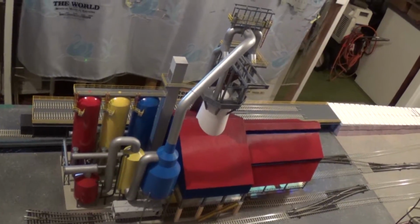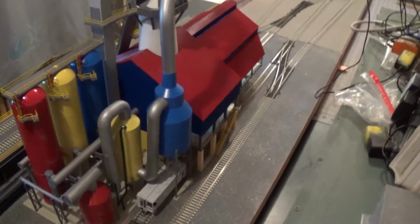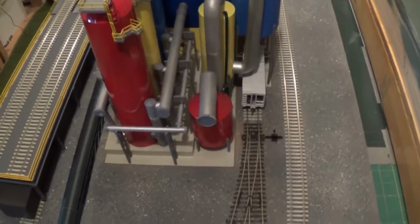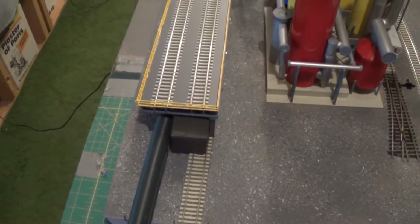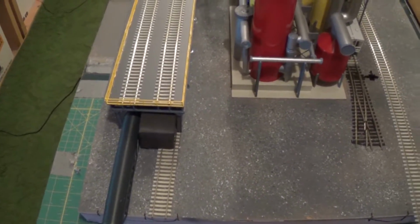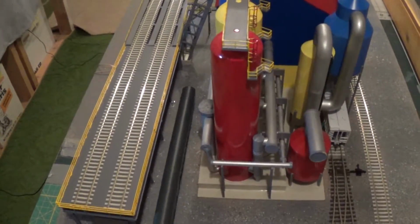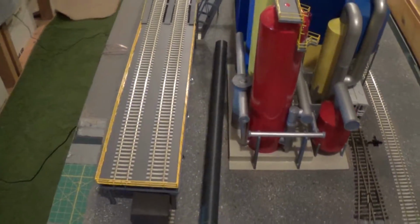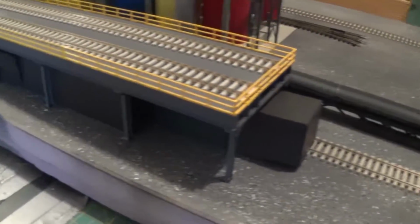Well, this is my version of Walthers blast furnace. Here's the front of it. Coming around here, this would actually be in here to come from the coke plant. So it'll be stored in here. I got little bins